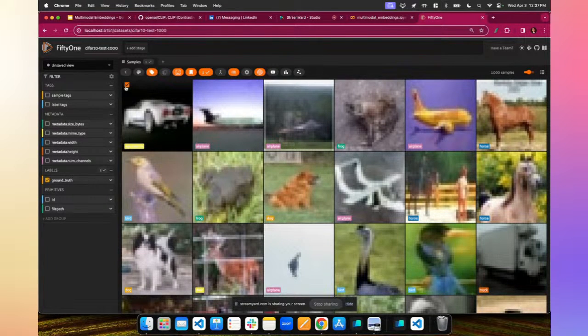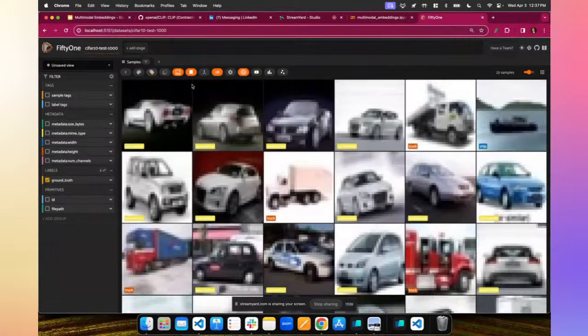Why don't we just stick with the first one that we had before? And we can see this button that shows up here. And this button is a sort by image similarity button. And we can click on this, show similar samples, and it's showing us the most similar samples across this entire dataset. And by this dataset, I mean the 1,000 samples that we started with.